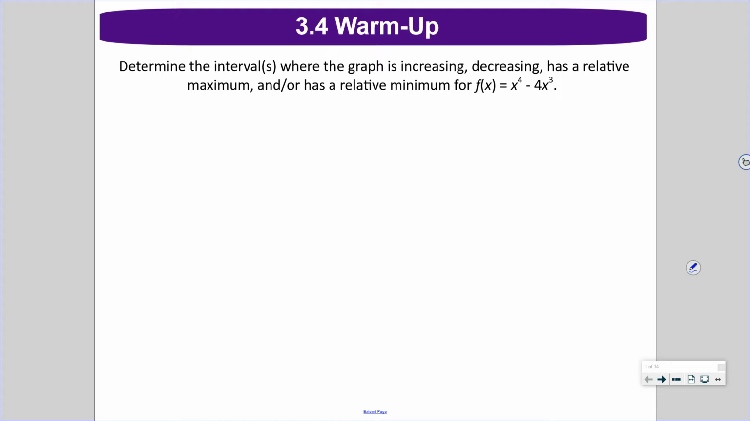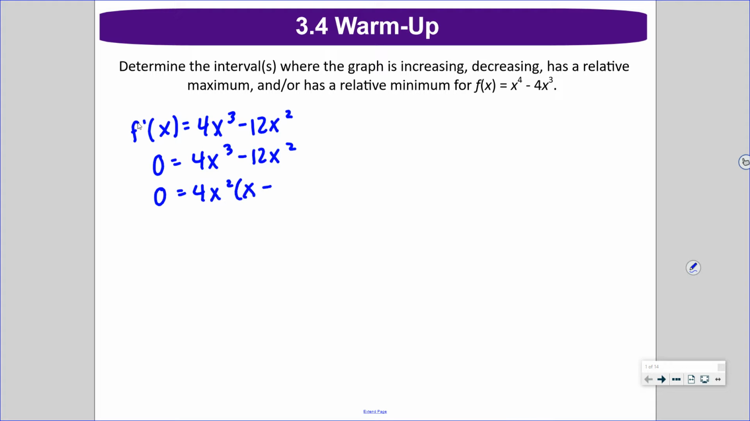Okay, so the derivative. Oh, I was so nice to give you a polynomial. 4x cubed minus 12x squared. So you should have gotten 2 critical points when the derivative is 0, the horizontal tangents at 0 and 3. And then there's no points where my derivative is undefined because it's a nice polynomial. Okay. In your sign chart,